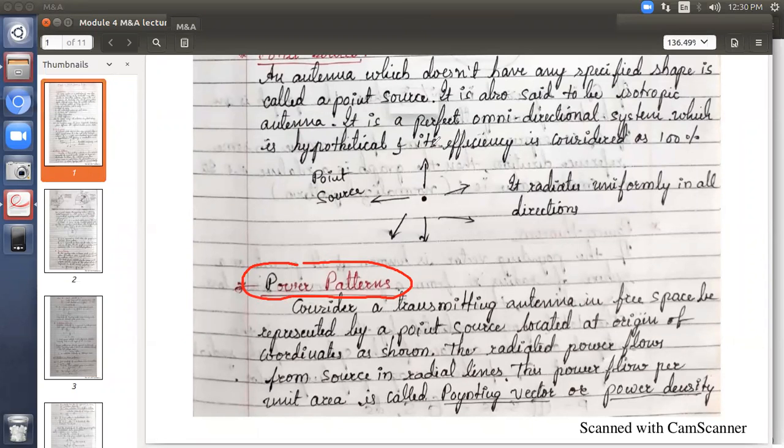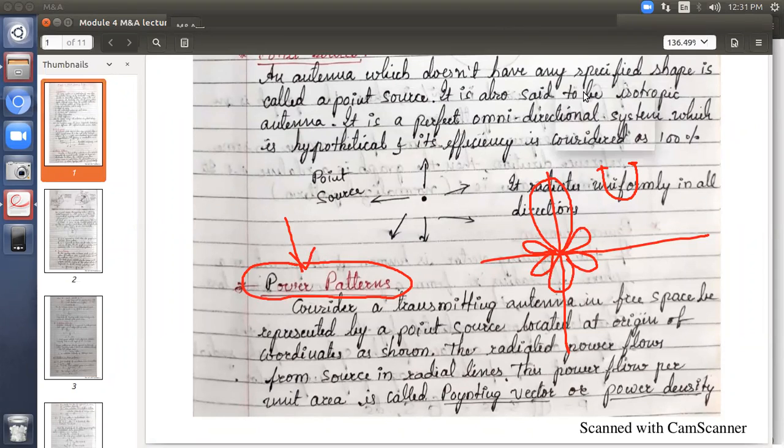A radiation pattern is a graph. I think this figure you have taken for beam area. This is one three-dimensional graph, the radiation pattern, which will give you the information or the variation of radiation intensity, that is capital U. In a similar manner, we will be studying what power patterns are. For that,